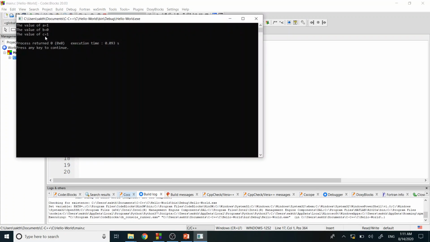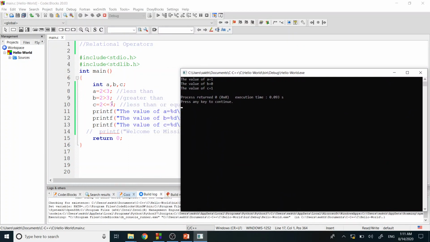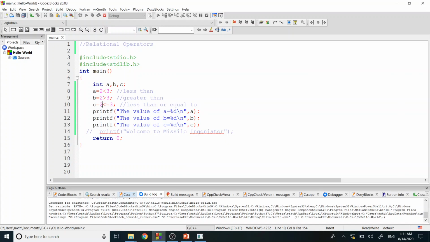Okay, so if you find here the value of c is 1, that is actually because of the true evaluation. 2 is basically less than 3. Okay, if you want to find equal to, you can also give 3. If I run it again, okay,